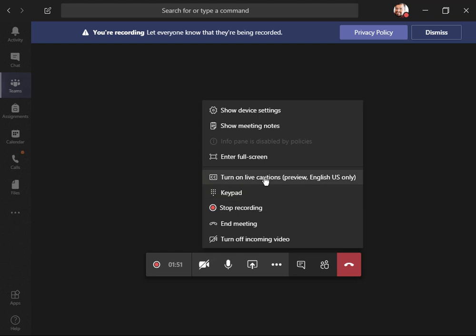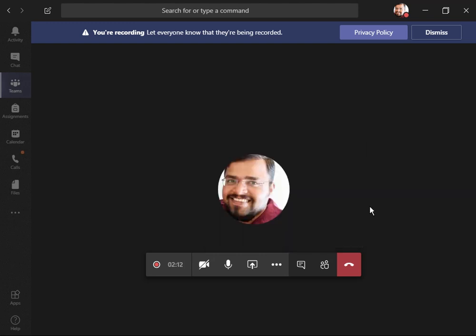The next option is captions. You can turn on captions, which supports English, and it is displayed neatly. So if the person loses the audio in between, the video might still be rendering and they might be able to see the captions. So these are the useful options that we figured out so far.